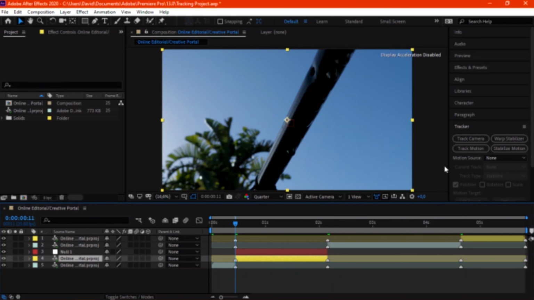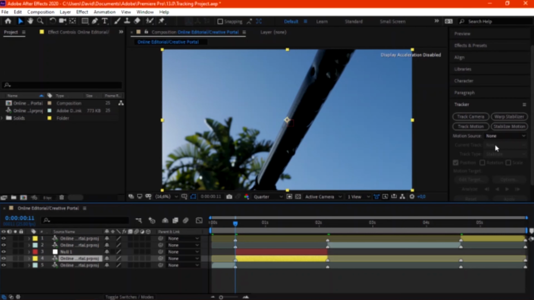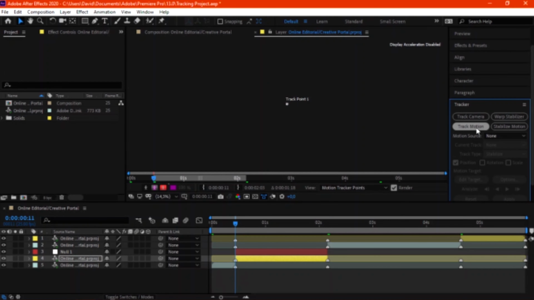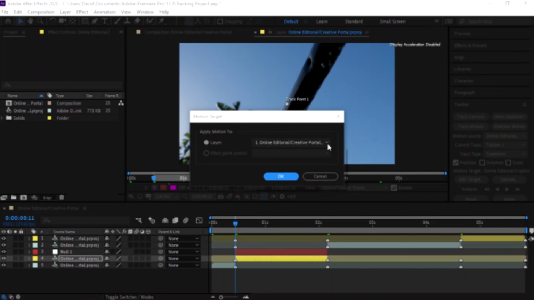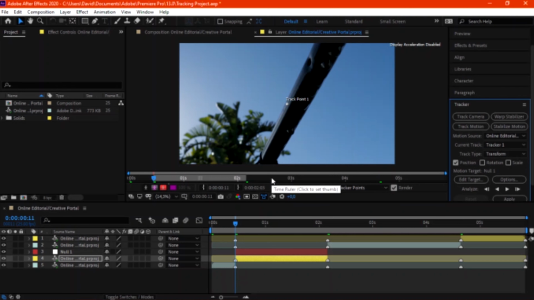you want to go to track. In my case it's right on the right hand side. You just select track, then you need to edit that first, and after select null, because that's where the tracker is going to be attached to, and select OK.